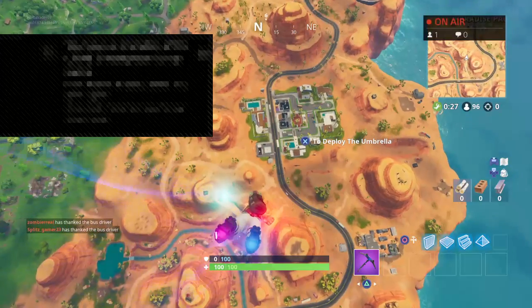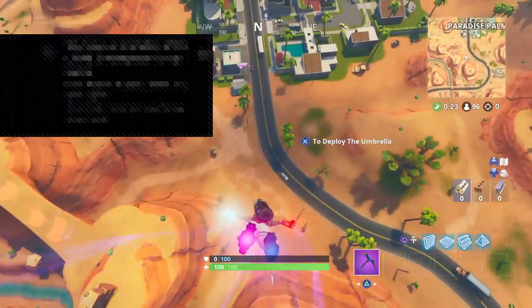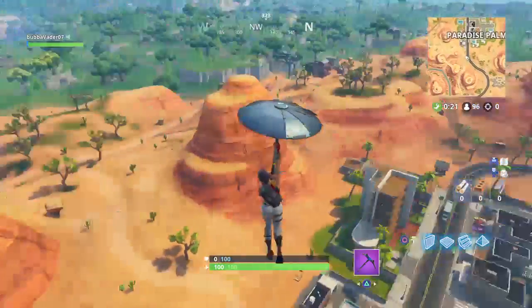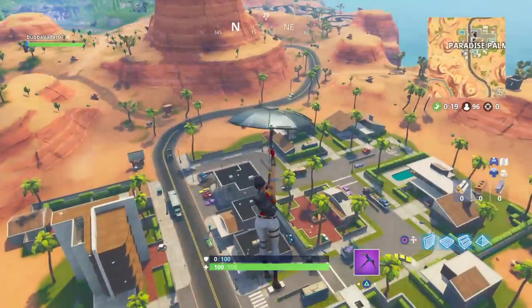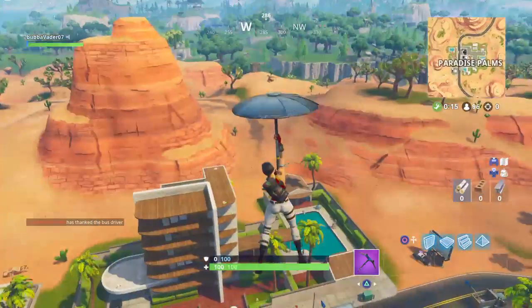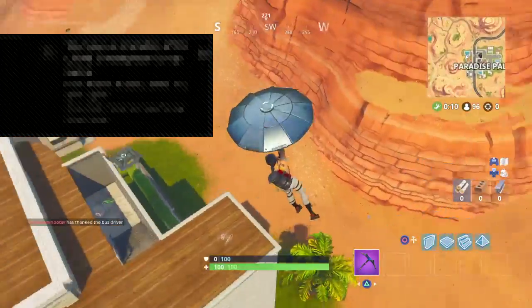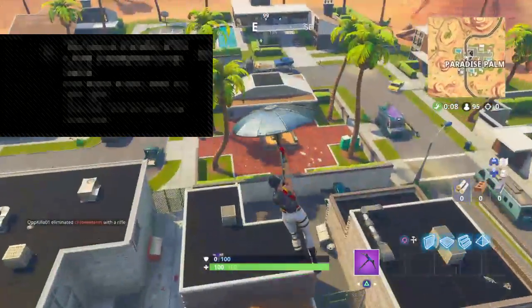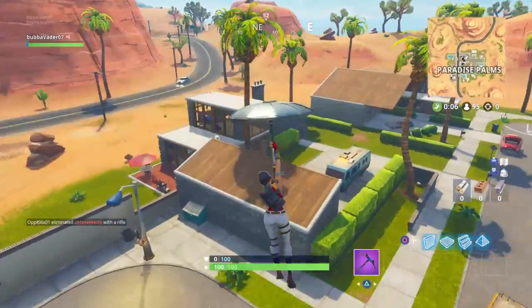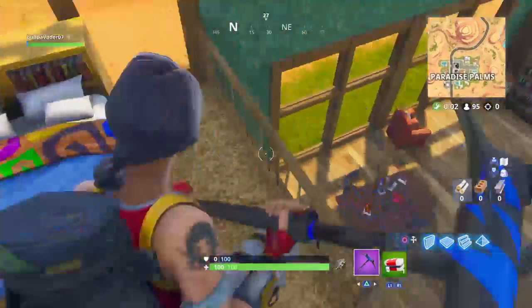Tilted Towers. Tilted Towers came in Season 2, near the end, but it's fairly old. Tilted Towers has been here for a very long time, but I think they're getting rid of it soon if you're listening to my predictions. But yeah, I think they're getting rid of it soon. Tilted Towers is basically the city